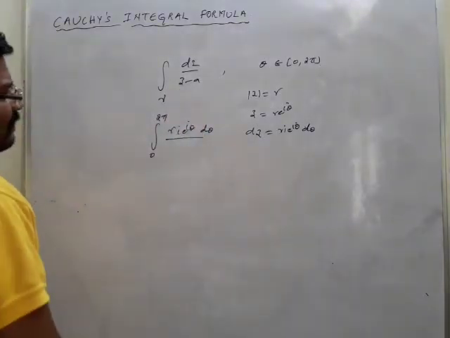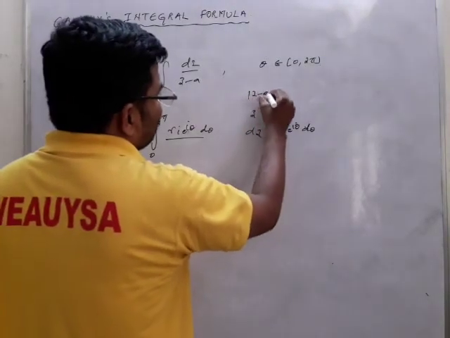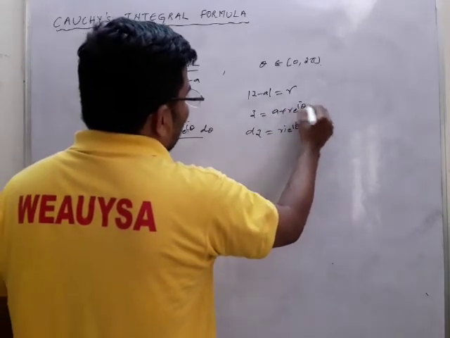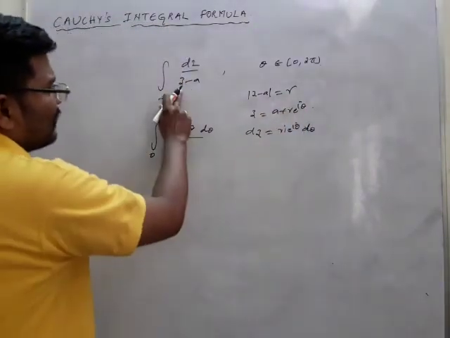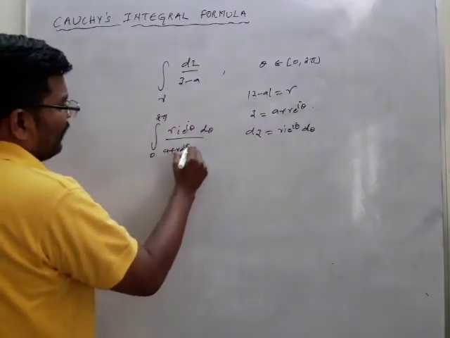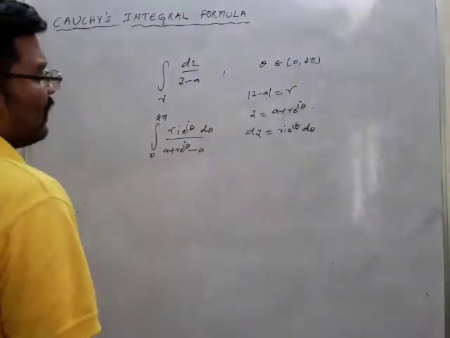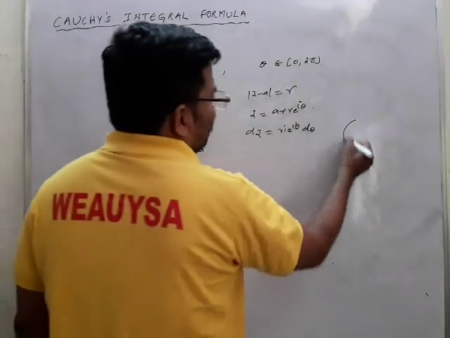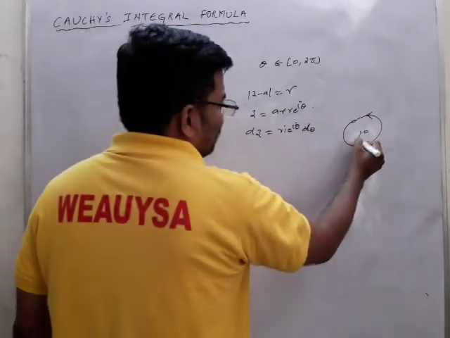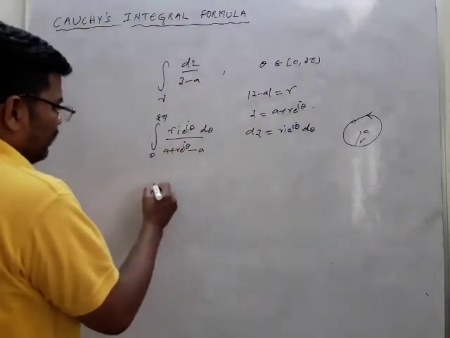So |z − a| = r, which we may write as z = a + r e^{iθ}. So what will you get now? z is nothing but a + r e^{iθ}, so a + r e^{iθ} minus a goes in the place of z − a. This is nothing but a closed curve where we have chosen the point a, and r is the radius. Now what you are going to have here is the integral from 0 to 2π of